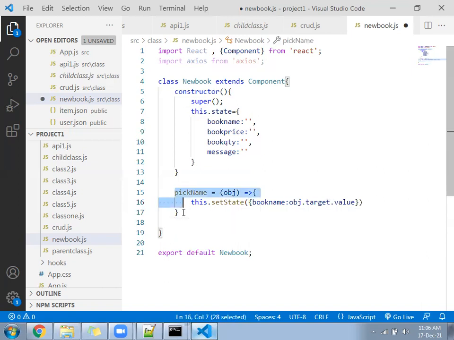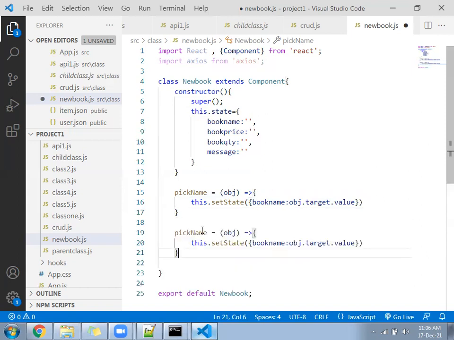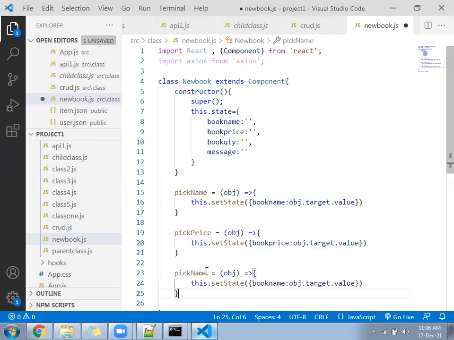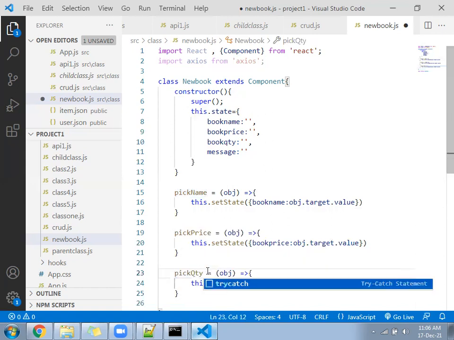Next, after that, book name, book price, you can write here. After that, function qty, qty.